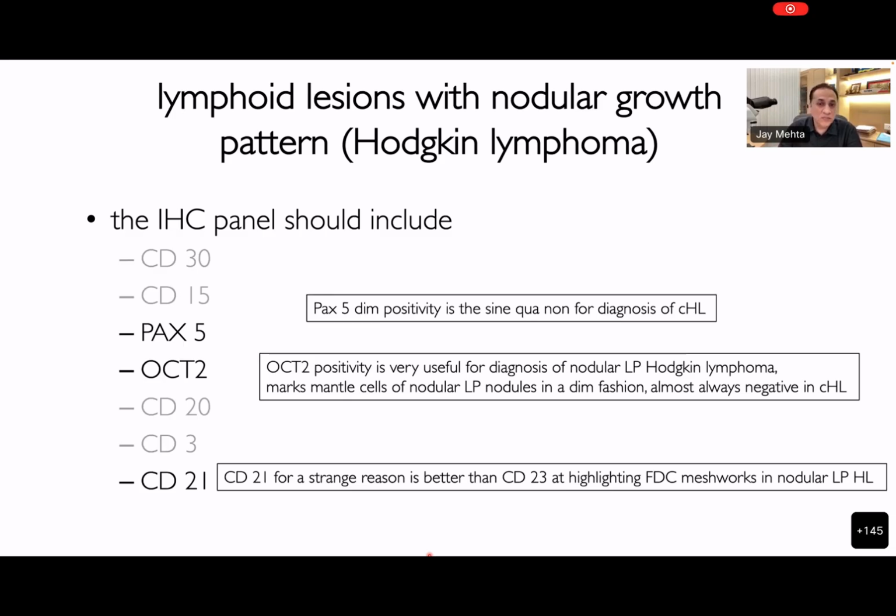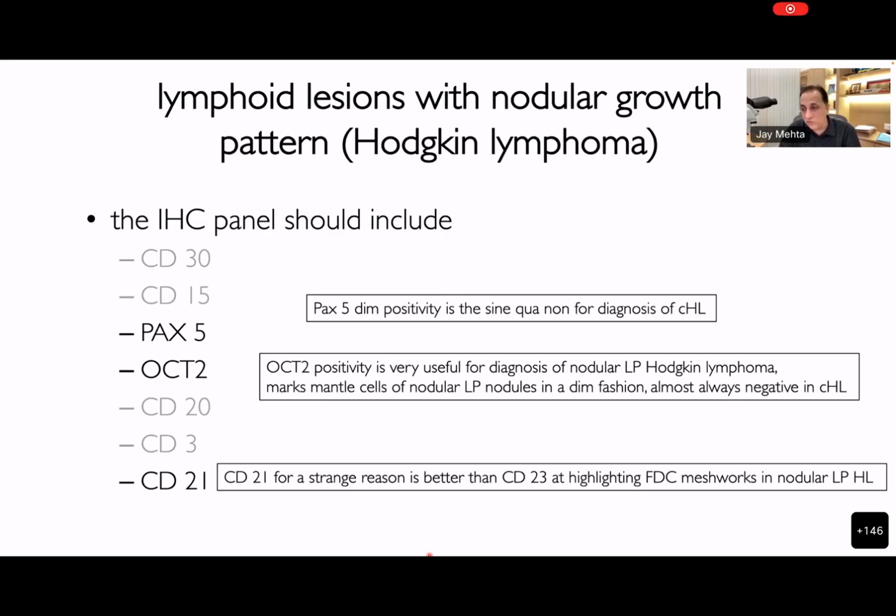PAX5 dim positivity is the sine qua non for diagnosis of classic Hodgkin lymphoma. OCT2 positivity is useful for diagnosis of nodular lymphocyte predominant Hodgkin lymphoma. It marks the mantle cells of the LP nodules in a dim fashion, and it's almost always negative in classic Hodgkin lymphoma HRS cells. CD21, for some strange reason, is better than CD23 at highlighting FTC meshworks in nodular lymphocyte